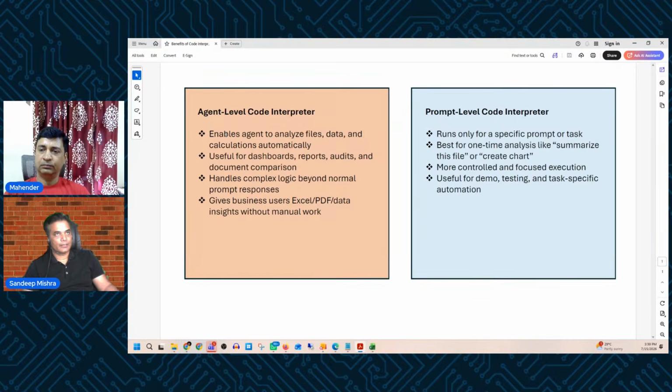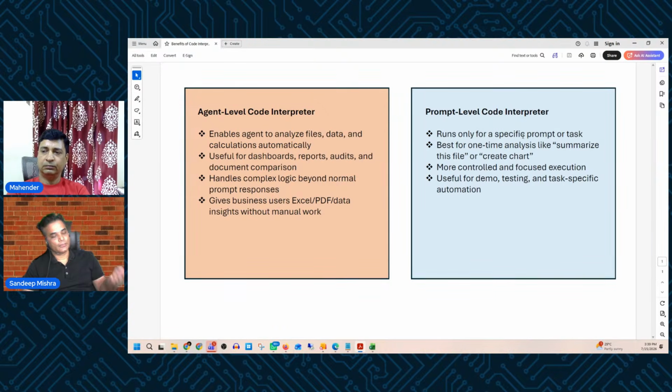It is good to have code interpreter on for the agent, but not for every conversation, every question you are asking. If it is generating code every time, that is not good. You don't have much control on the output if you are using code interpreter for every question. So that's why we have the other way, the prompt level,